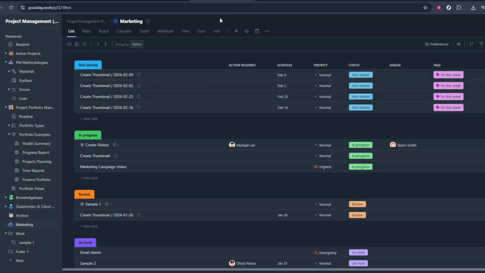In today's video, I'm going to teach you how to delete a column in Goodday. If you've ever set up a project and later realized that one of your columns is unnecessary, cluttered, or simply not part of your workflow anymore, cleaning it up is really simple. I'll walk you through the entire process step by step so you can confidently remove any column you no longer